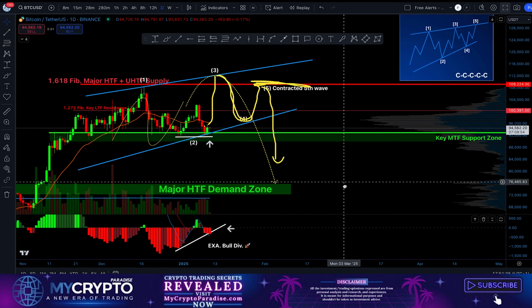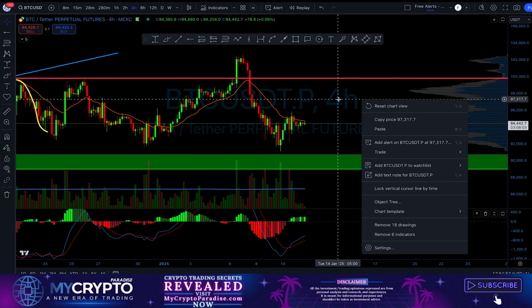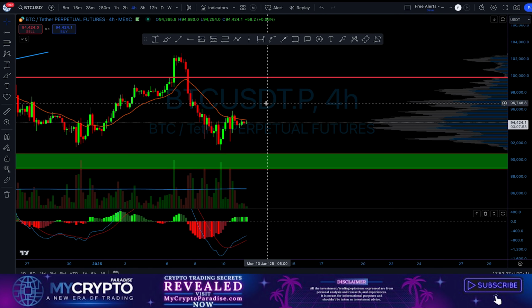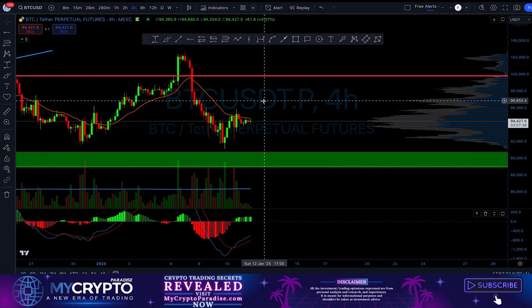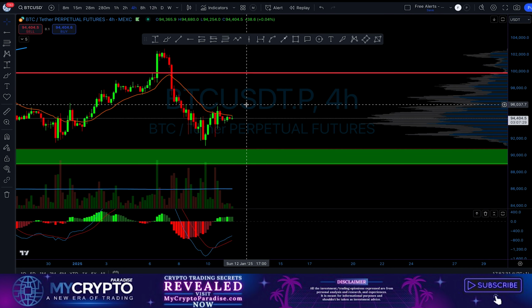Ladies and gentlemen, right now what's important is that this is a great buying opportunity for the bulls. If I shift our focus to a 4-hour time frame, which is a medium time frame analysis for us in ParadiseTeam, we use these lower time frame charts to make sure that we are getting the best entries possible. So 4-hour time frame to 1-hour time frame, even 15 minutes, even though you are a swing trader, all these should be analyzed properly in order for you to get the best entries possible. Then you are just waiting for the confirmations and you are executing like a sniper, only the perfect shots, ladies and gentlemen.